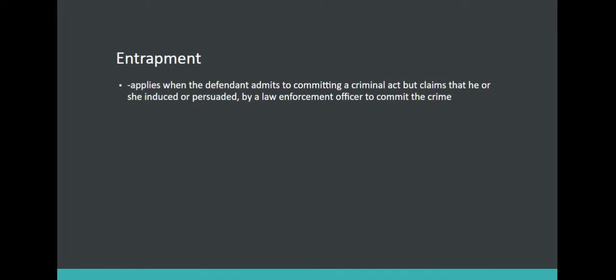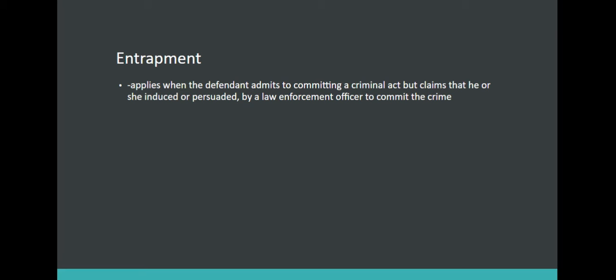Entrapment applies when the defendant admits to committing a criminal act but claims that he or she was induced or persuaded by a law enforcement officer to commit the crime. That's the definition. That's what I want you to get down on this slide. What is entrapment? You committed the criminal act, but you were induced or persuaded by a law enforcement officer